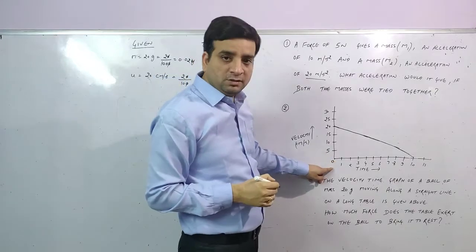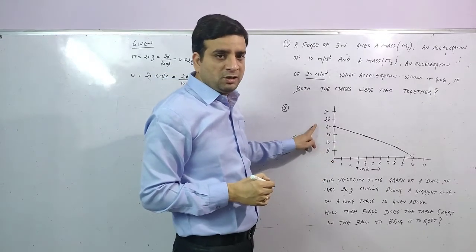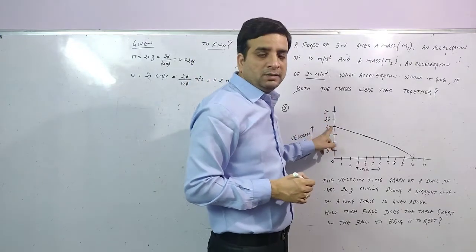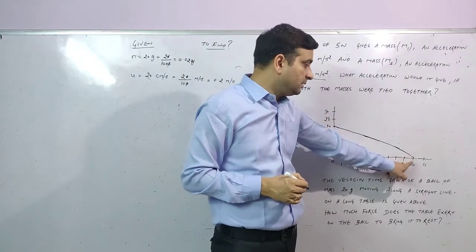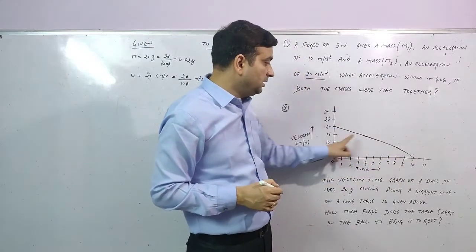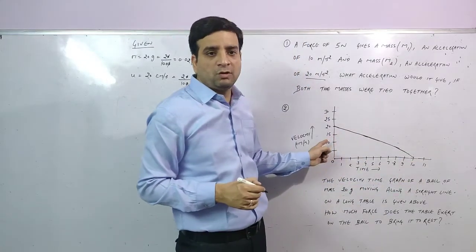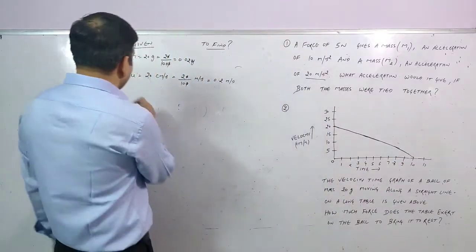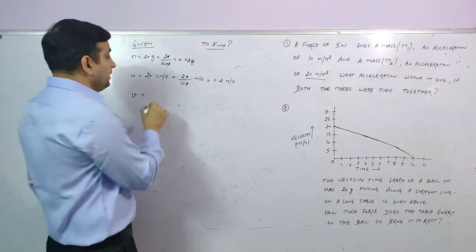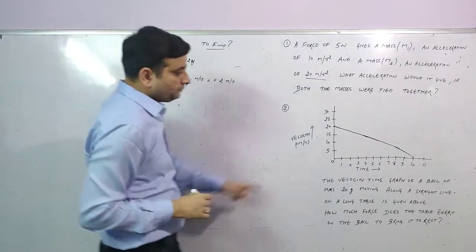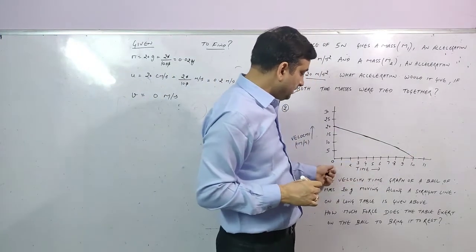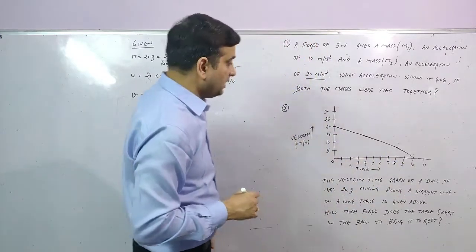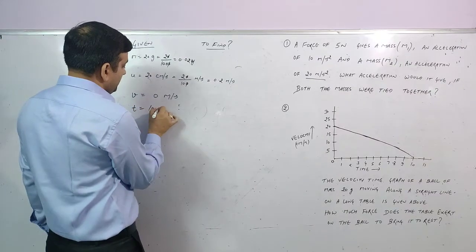When time t is 0, the velocity is the initial velocity. Now force is applied and the ball stops. So this initial velocity started to decrease, and at this point of time the velocity reaches 0. It started from 20 centimeter per second, and finally its velocity became 0. So the final velocity as per the graph is 0 meter per second. This is the time axis. It started from 0 seconds, and the velocity became 0 after 10 seconds. So time is 10 seconds.